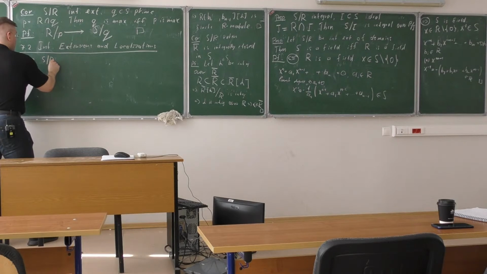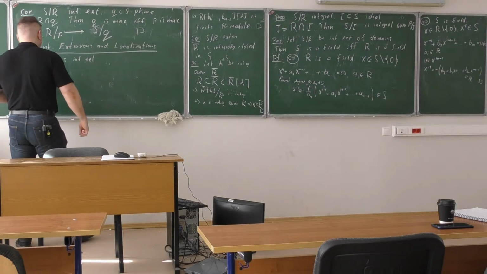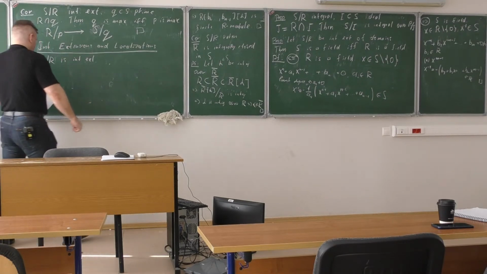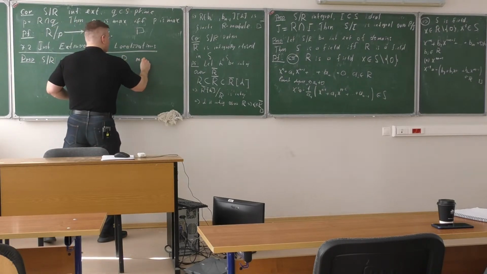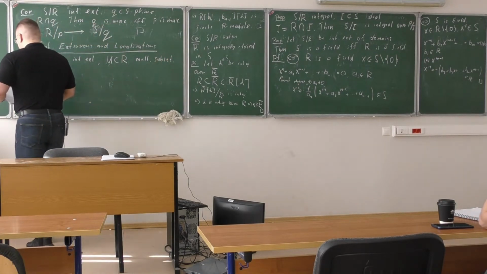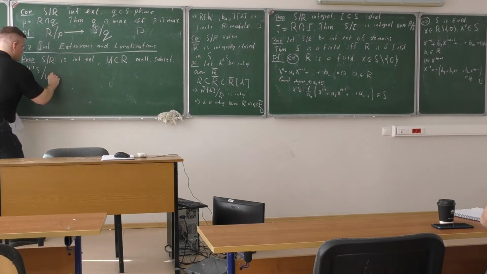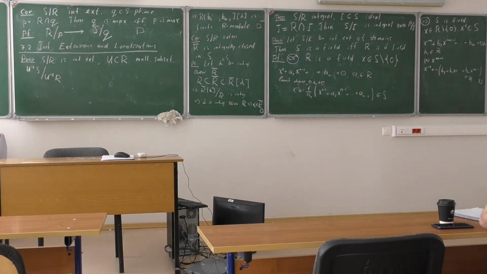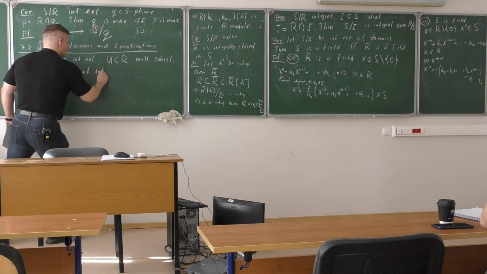So here I have a proposition where everything is nice. S over R is an integral extension. Now because S is already taken for the ring, I'm going to use the notation U for the multiplicative subset. So U in R is a multiplicative subset. Then the localization of S at U is integral over the localization of R at the multiplicative set U. So this is an integral extension.